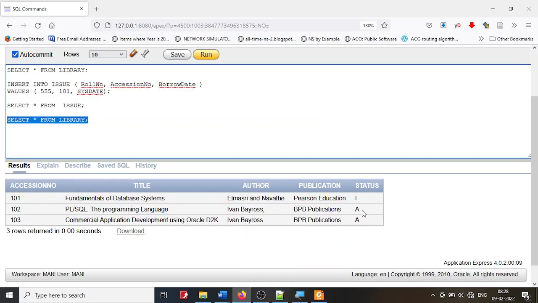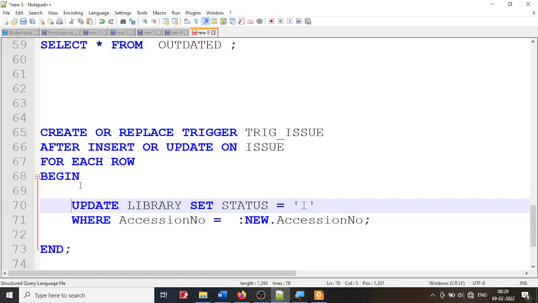If the book is not issued, then its status will be available. Once the book is issued, its status becomes issued, that is I. Once the book is returned, its status will again change back to A. Now we have to distinguish between the two actions here. One is during the insertion, this is I. During the updation, this must be A. So I must know when I am inserting and when I am